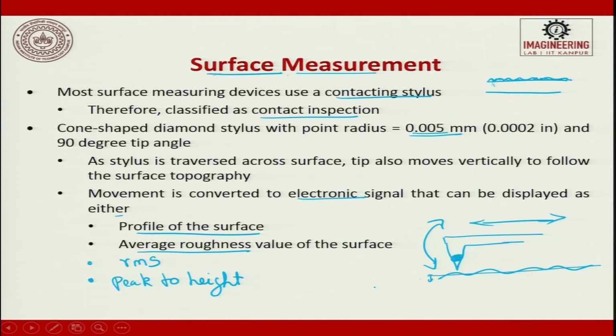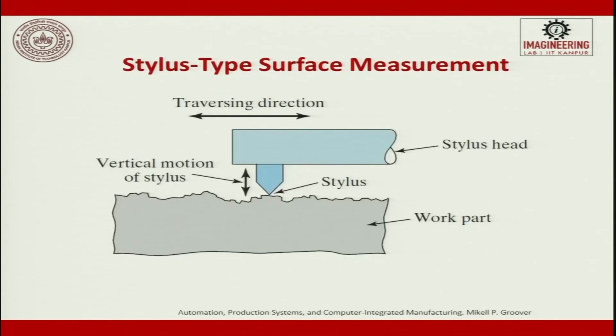An interesting thing we should understand: whatever roughness value Ra you get, you can have two different signatures, but they can give you the same data. So, people always argue that measuring roughness is not the only right parameter for the surface, and they look for other combinations. So, this is the traversing direction I told you.